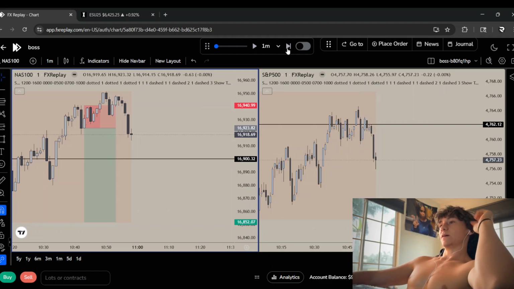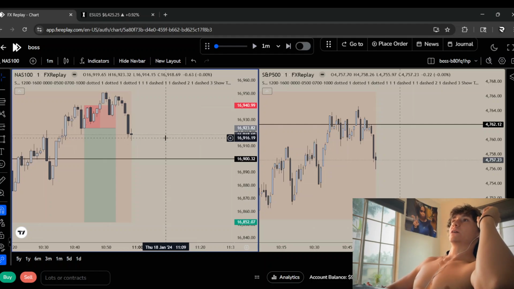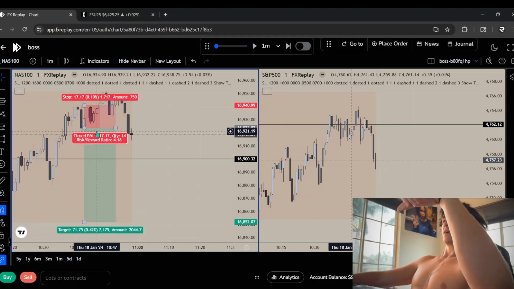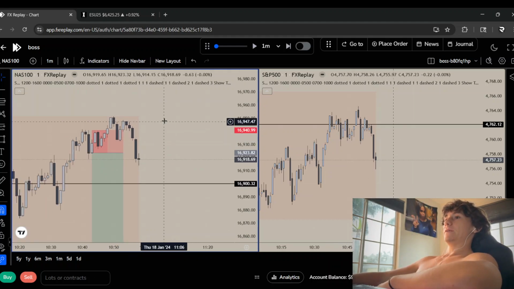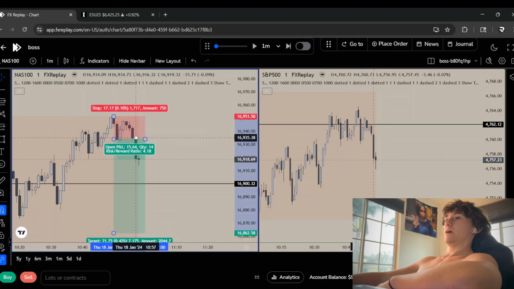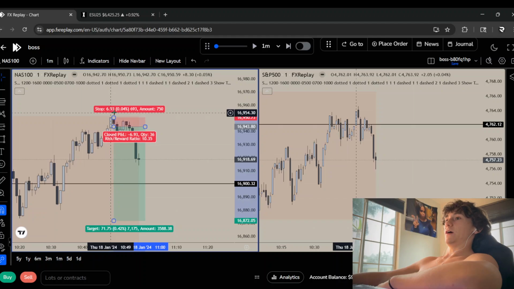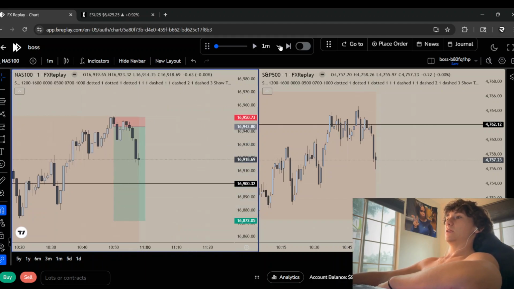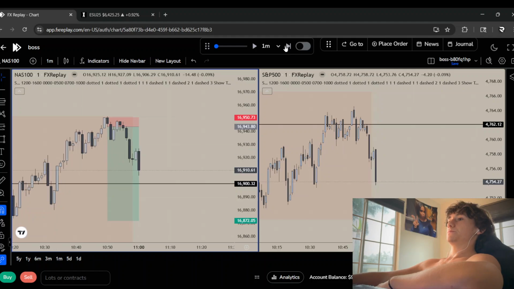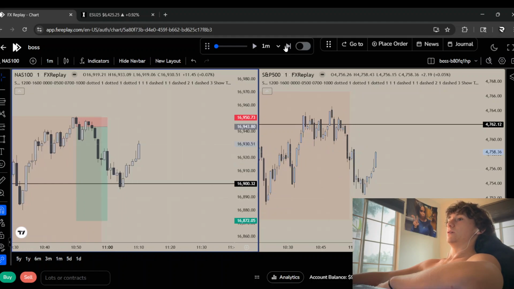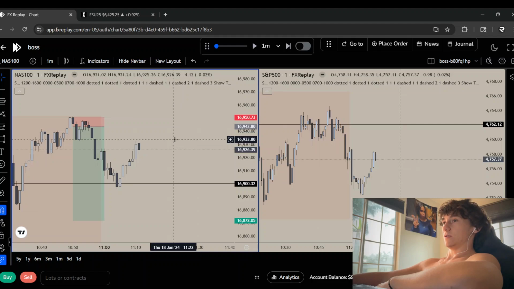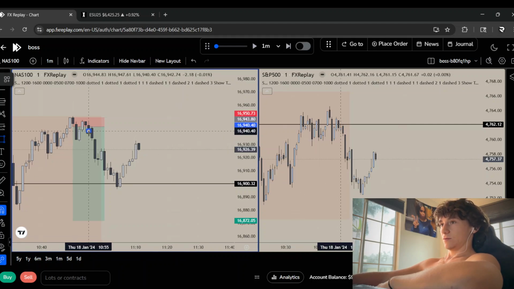Bro, this has happened to me the past few days too. My overtrading has come from because I see this so much. My entry will happen, I'll get stopped out, and then it goes down. I'll re-enter, I'll get stopped out. And then I'm like, okay, I'm done. And then the final time, once I decide I'm done, it actually plays out. Which is very frustrating. Not even mildly frustrating, very.